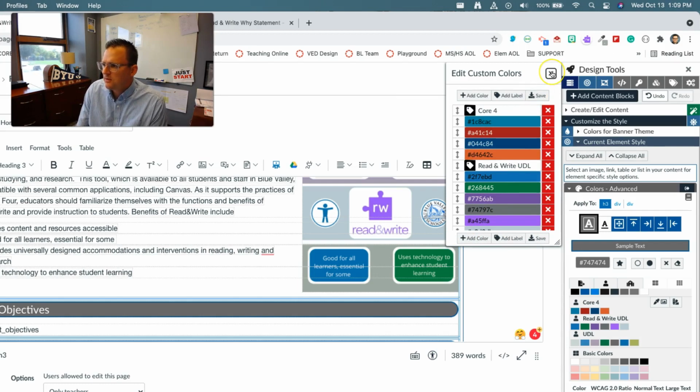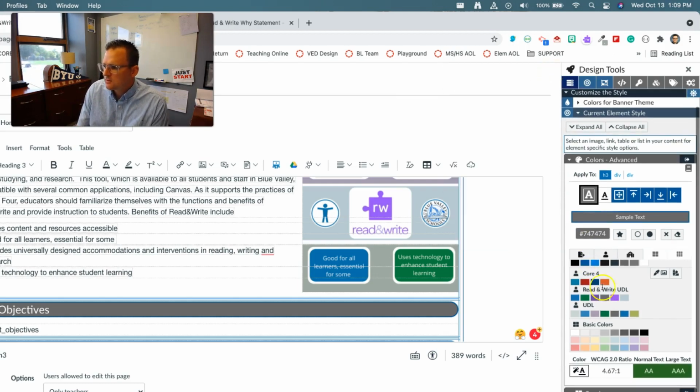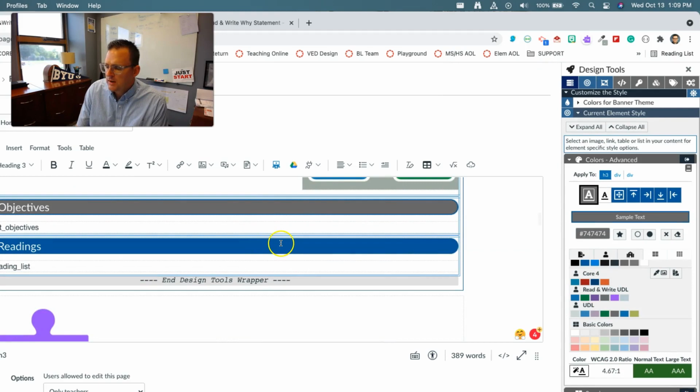Make sure you hit save, and boom, now you have custom color palettes that you can use when making page